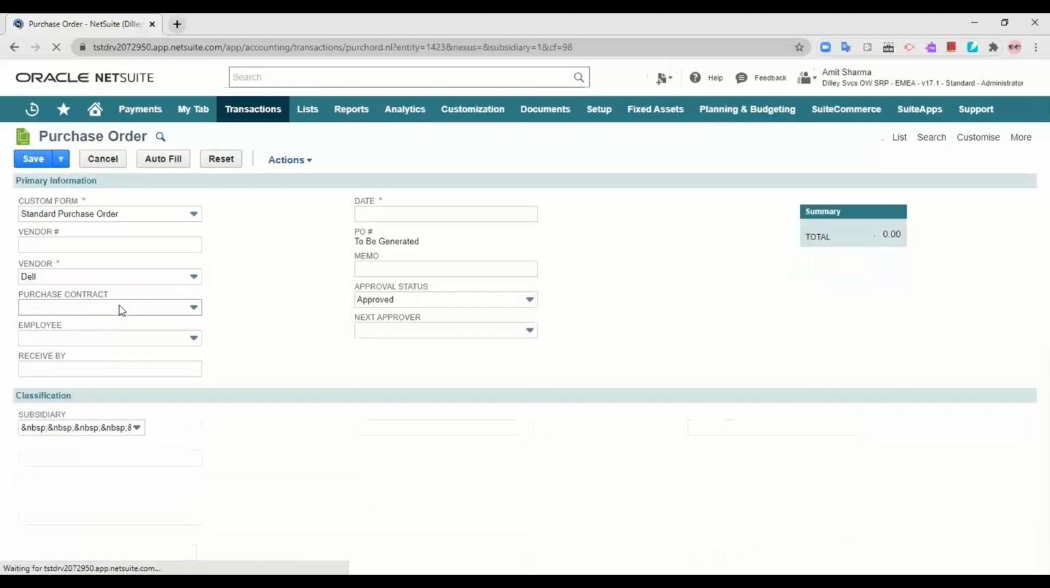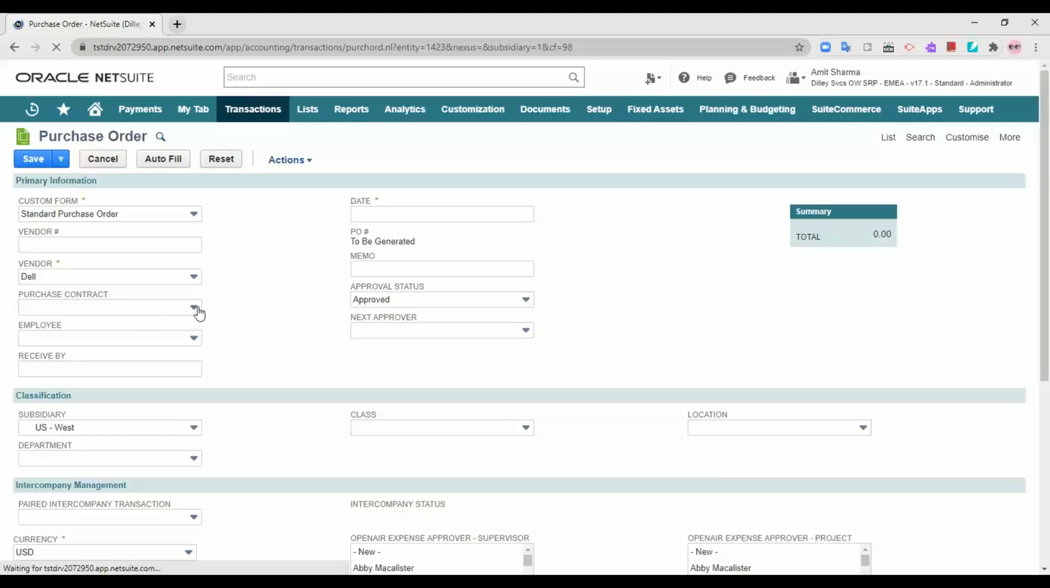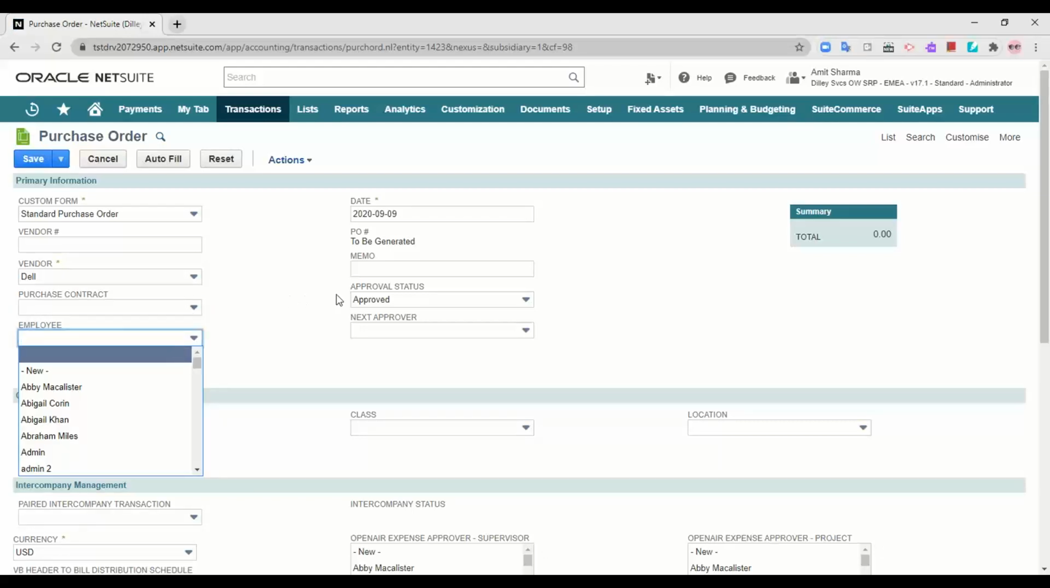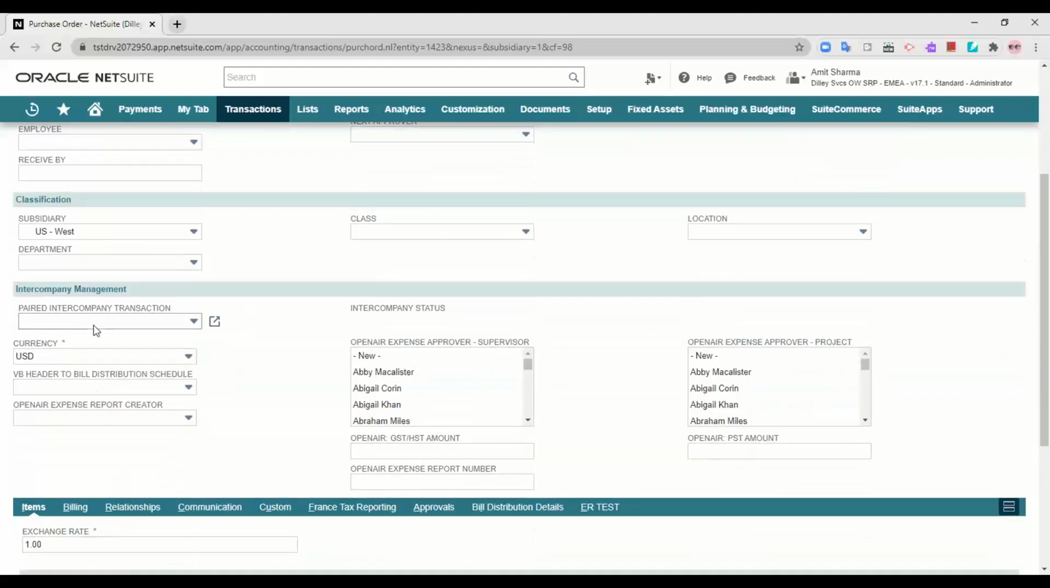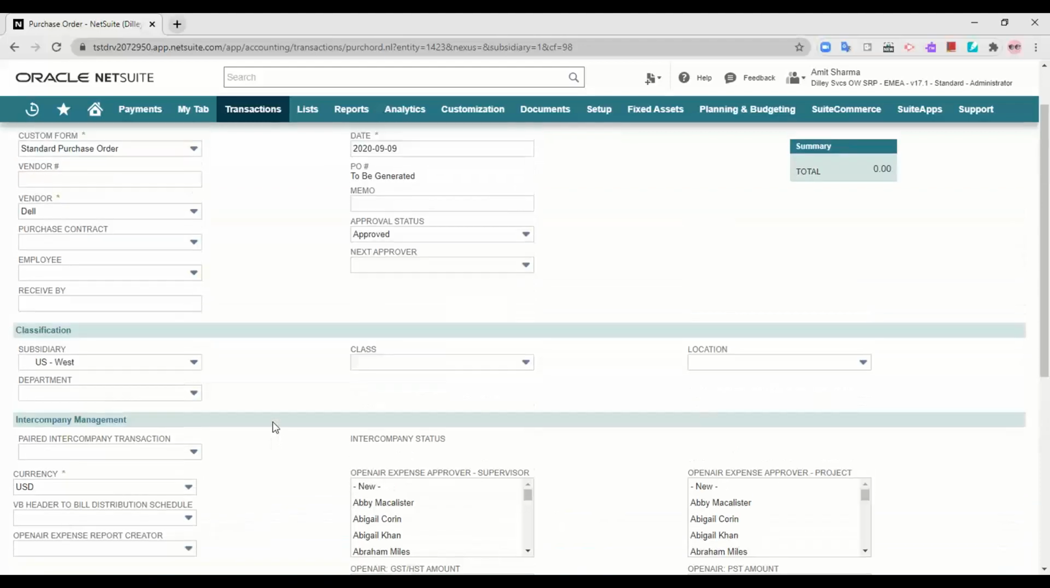Yes. So the purchase contract, if there is one for this particular vendor, I will get it into the list. The employee name, received by, again the date, subsidiary, it has been automatically populated based on the vendor selection, department, class, location. Then, in case it is an intercompany transaction, I can use the paired intercompany transaction. Now this is when this particular tab is used, when I am having an intercompany transaction, the way that